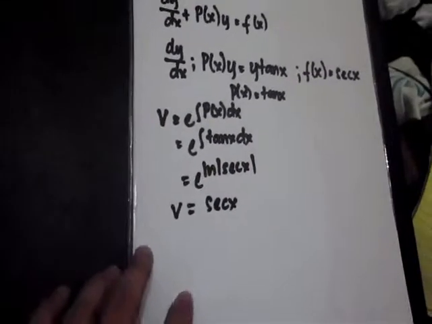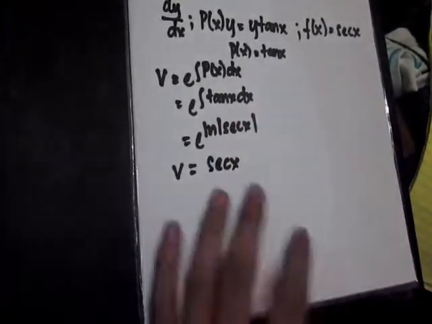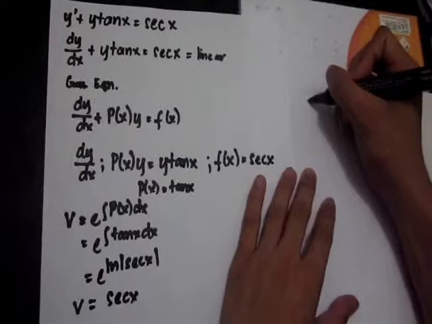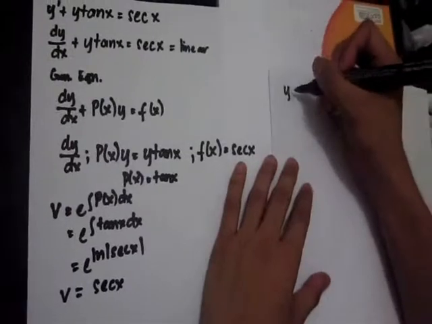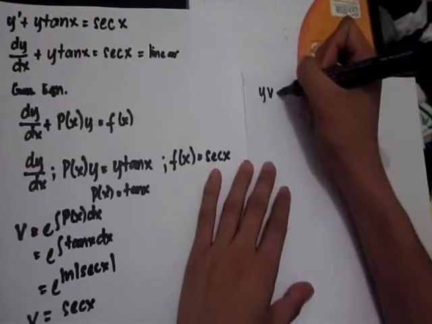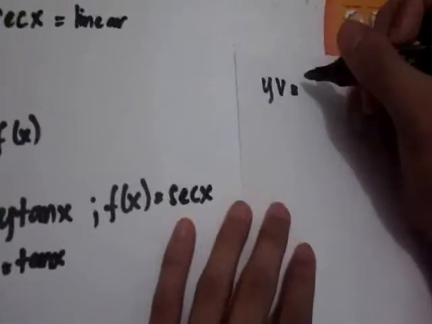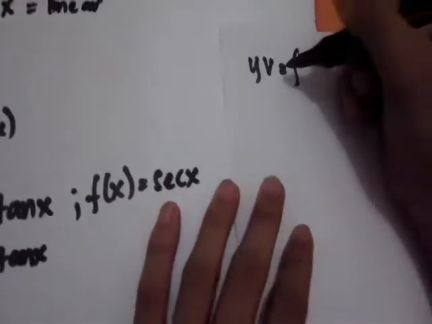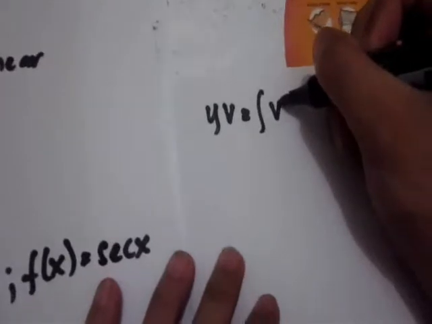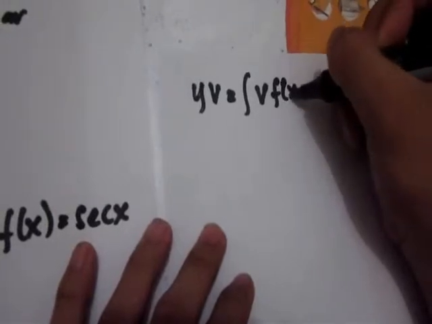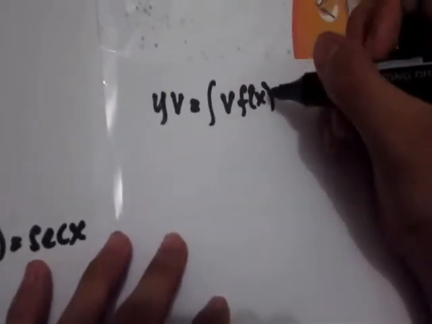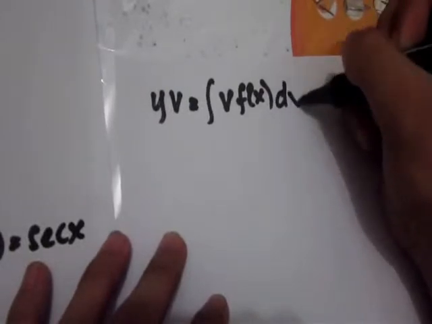The next step is following another general equation in order to find the general solution of a linear differential equation, which is y times the integrating factor equals the integral of the integrating factor times your f of x dx,